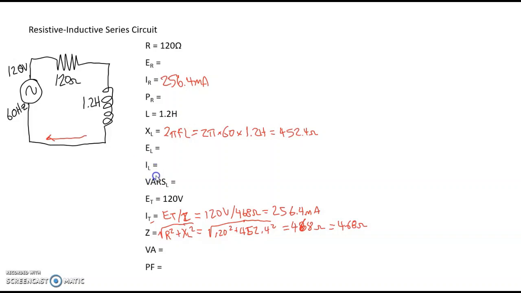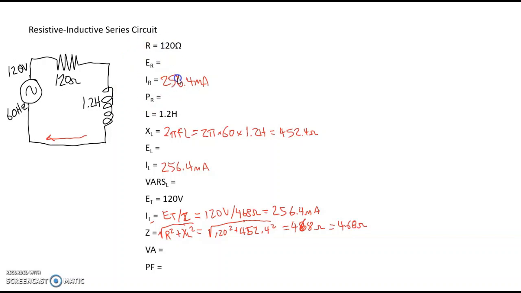It's also the same current that's flowing through the inductor, 256.4 milliamps. So now we have a lot more information, and we can calculate the rest of the elements. I'm going to focus on the resistor. We have two more